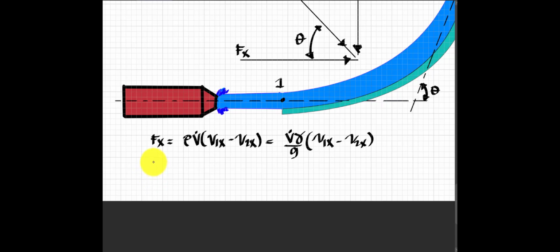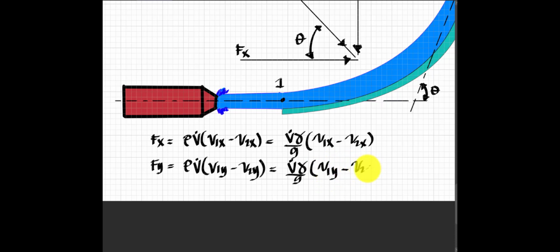Now for the force at the y-axis, the resultant or the reaction of the plate, we have again the density times the volume flow rate times the velocity 1 at the y-axis minus the velocity 2 at the y-axis. Okay, then it is equal to the volume flow rate times the specific weight divided by gravity multiplied by the velocity 1 at y minus the velocity 2 at y. Then we shall have our resultant force, which is equal to the square root